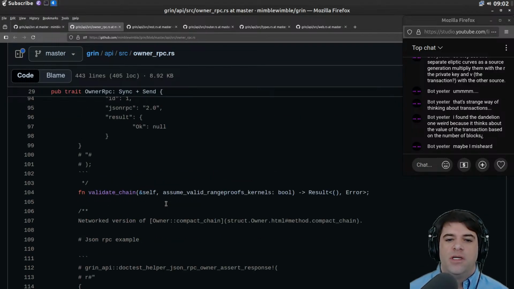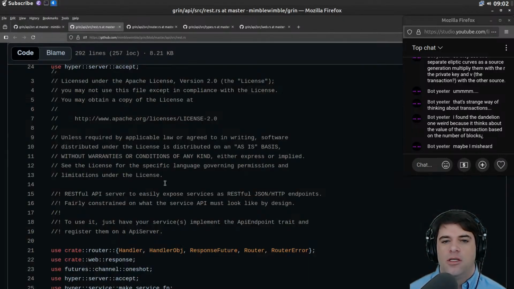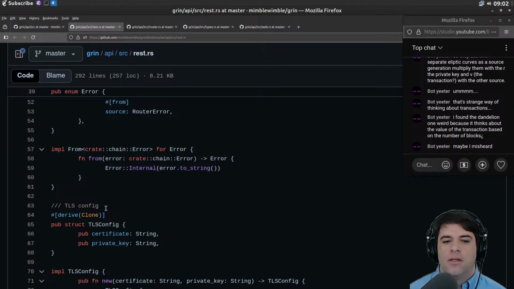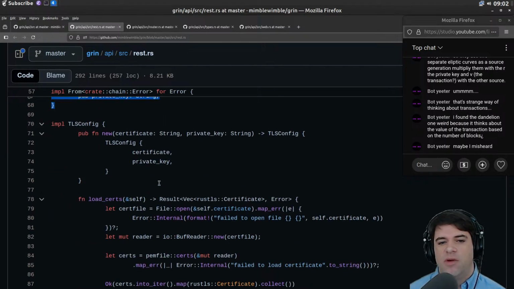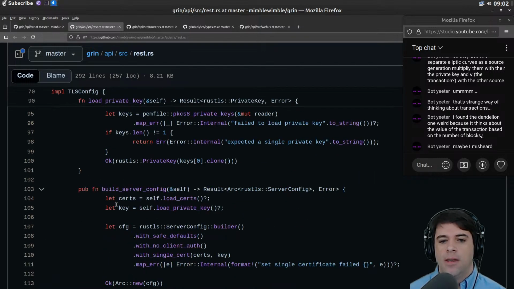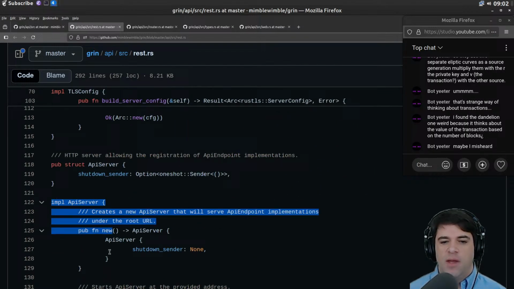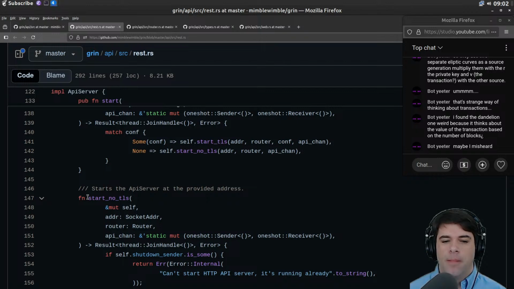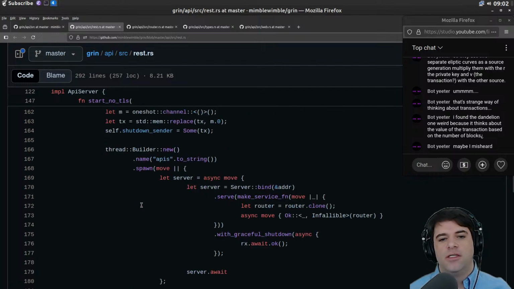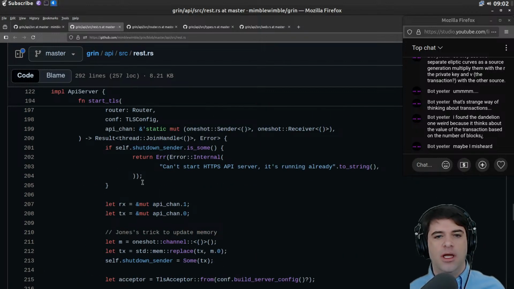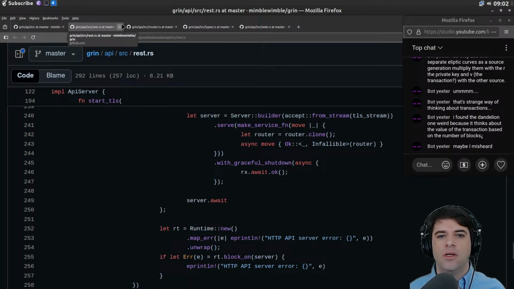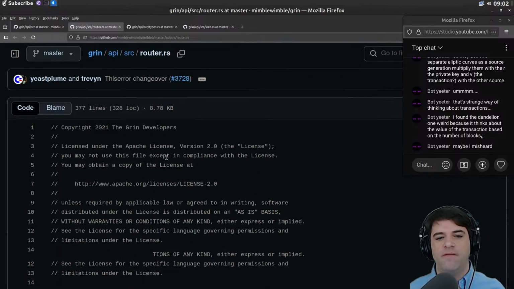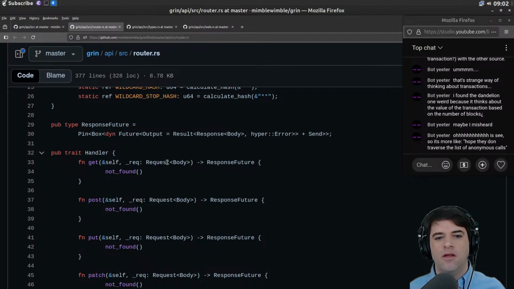This is owner RPC. I think this is not going to be so important. This is REST. I guess this is maybe really about a front end or a proxy. We've got some TLS config, like a reverse proxy sort of thing. We have an API server implementation, and you can tell it whether to start without TLS or to start with TLS, like here. Okay, so this is kind of not fundamental to the protocol. And then router,